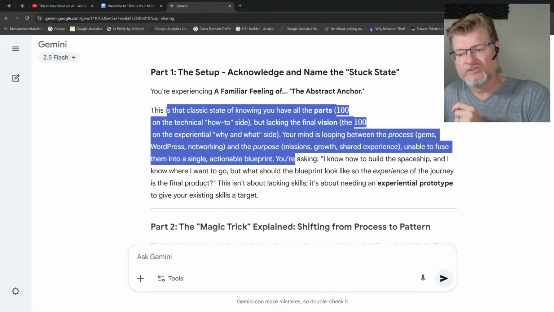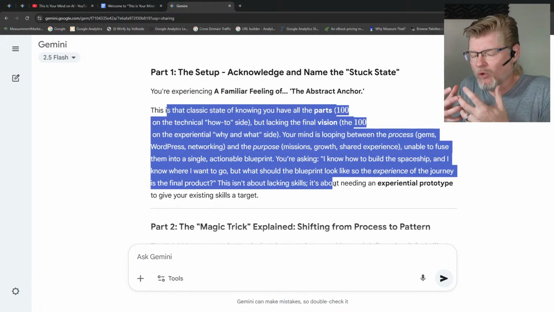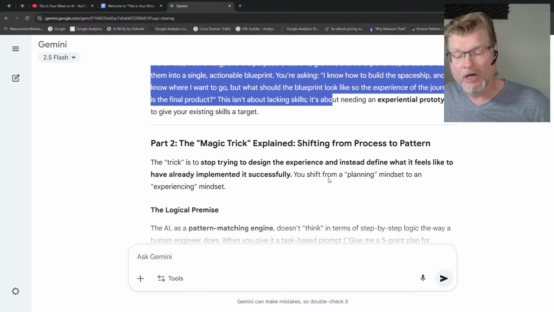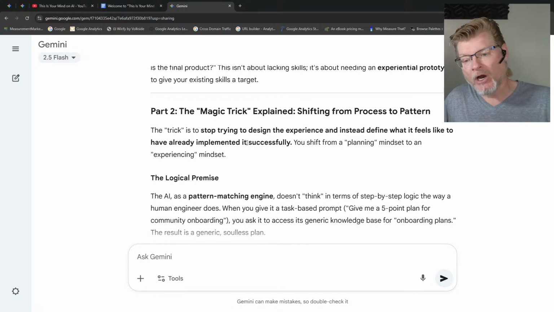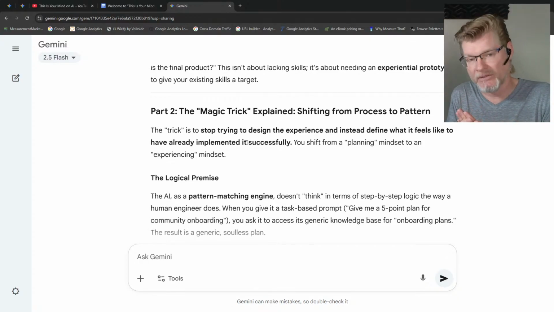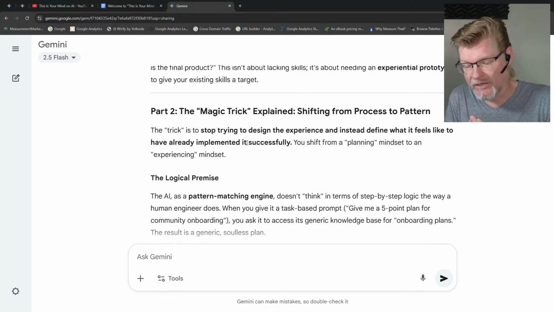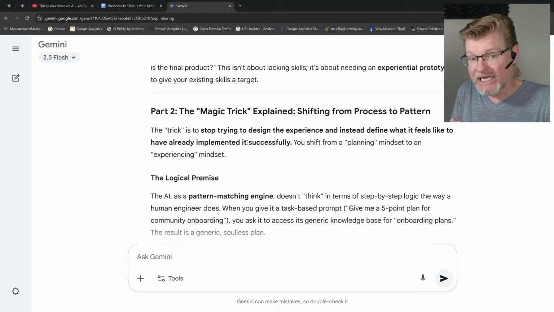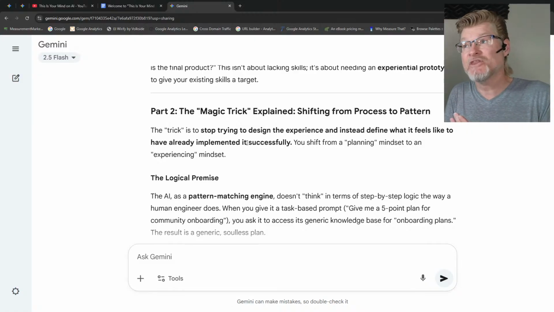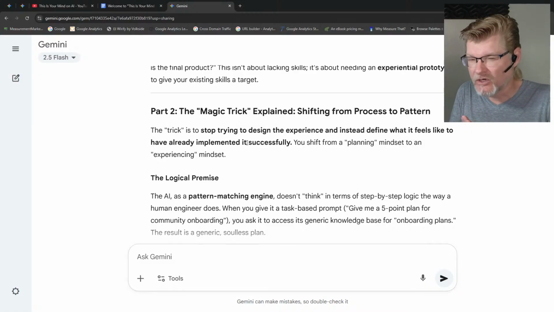First step. So at this point, I know this is probably going to be at least useful to continue because we got that integration there. So now I'm going to go to part 2. Now, this particular part, the reason this is built like this is because it's literally going to explain what is about to happen, and it's calling it the magic trick because that's what I referenced it as, but it is a magic trick. You're going to experience magic. That's what it's telling me right now. I'm going to explain to you how this magic trick works, and then it's actually going to feel like magic. Even though you know exactly how it works, it's still going to feel like magic.